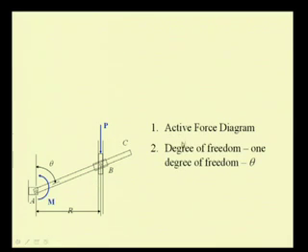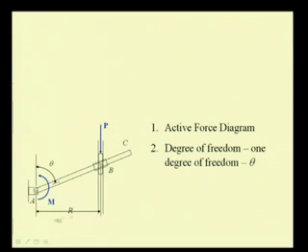Now, let us define the degrees of freedom of this system. It is a single degree of freedom system. That means, if we define this configuration by this angle theta, then the position of this point B where the other force P is being applied is uniquely defined. As this angle theta changes, this point B moves along this slide and its new position is uniquely defined if this distance r